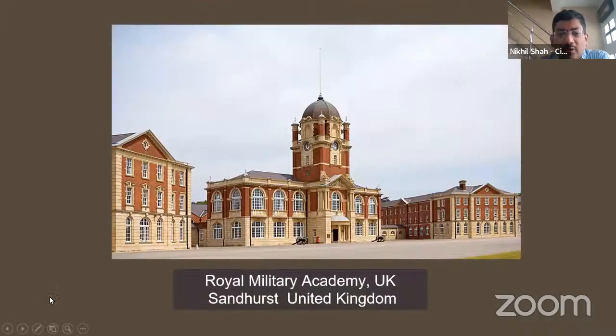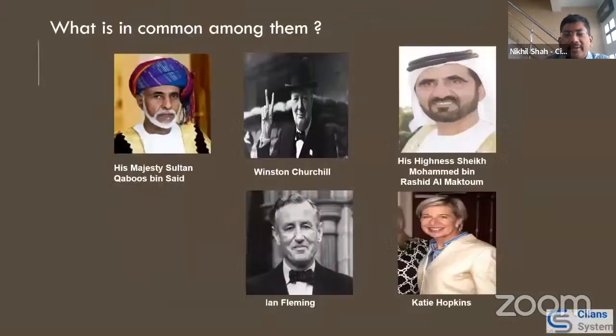They all have studied at the Royal Military Academy in the United Kingdom, which is one of the very sought after schools where all the world's politicians or kings and everybody wants to get in. The point is, if a machine or computer were given this problem, it would start looking at the respective Wikipedia pages and comparing the parameters one by one.